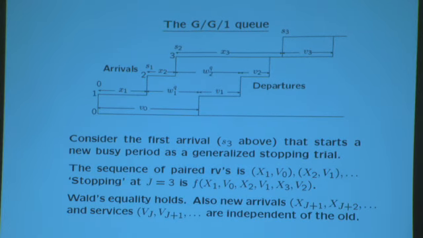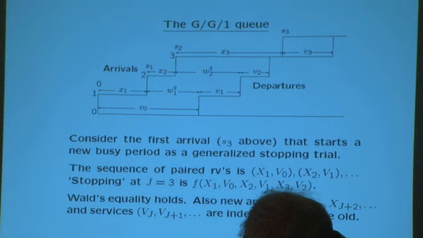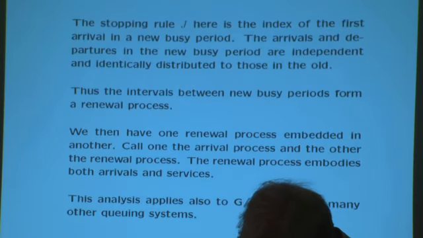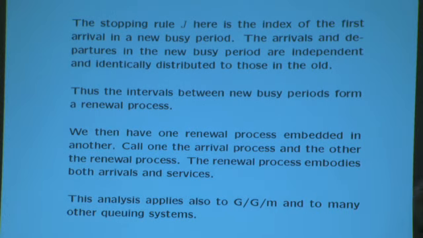They have memory, which says their conditional distribution depends on how long they've been running. So this is the only sensible place you can define a renewal process here. Okay, so